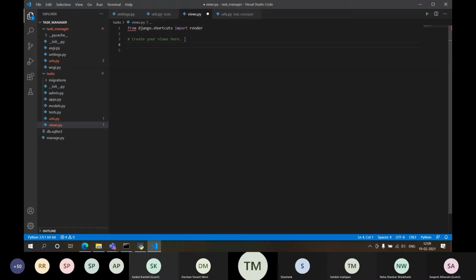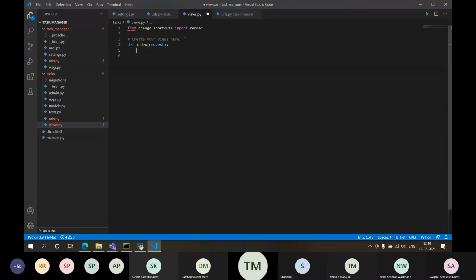Let's write the index function first. And in this index function, do I need to pass anything? Right now, I need not pass anything.